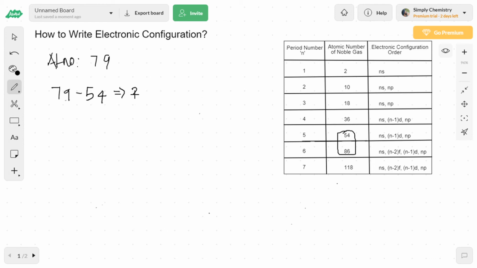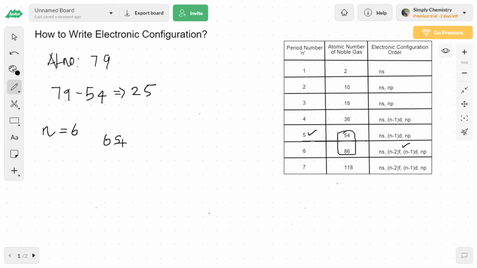It's going to be 25. So the next step, finding the n value. 54 belongs to period 5. So your 79 must be in period 6. Therefore n equals 6. So it follows this order.